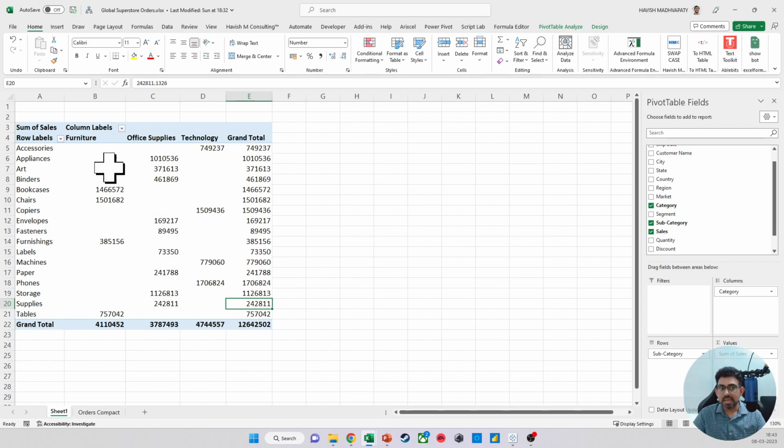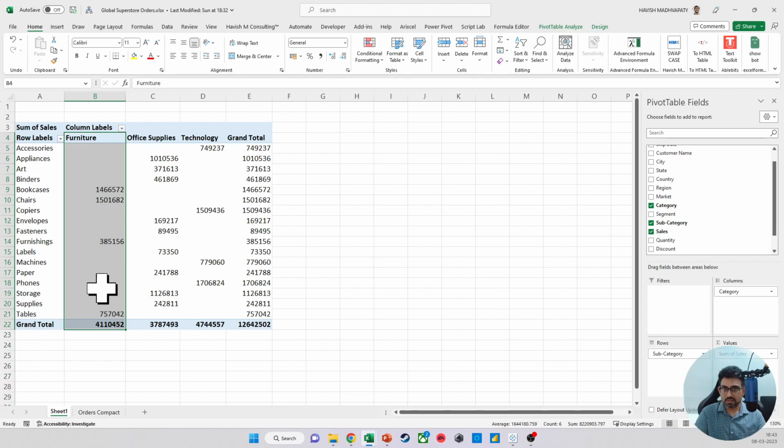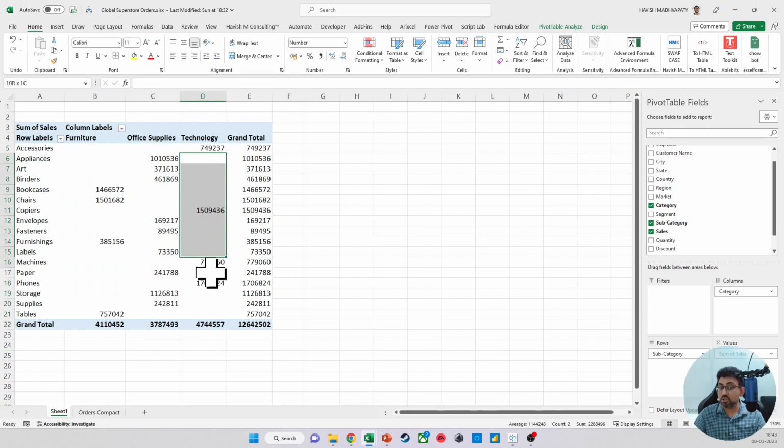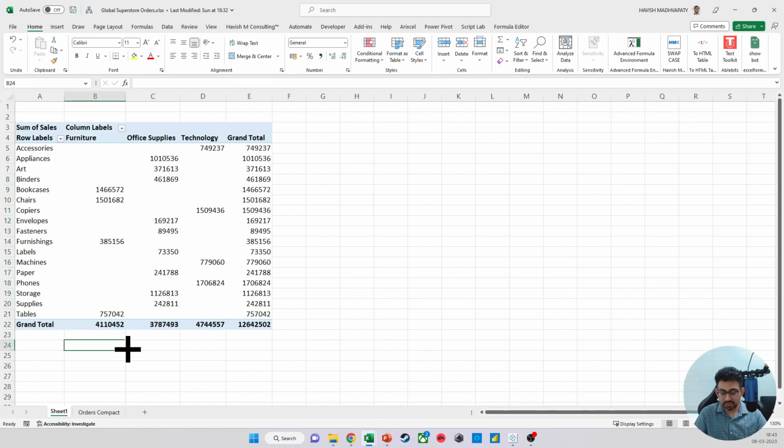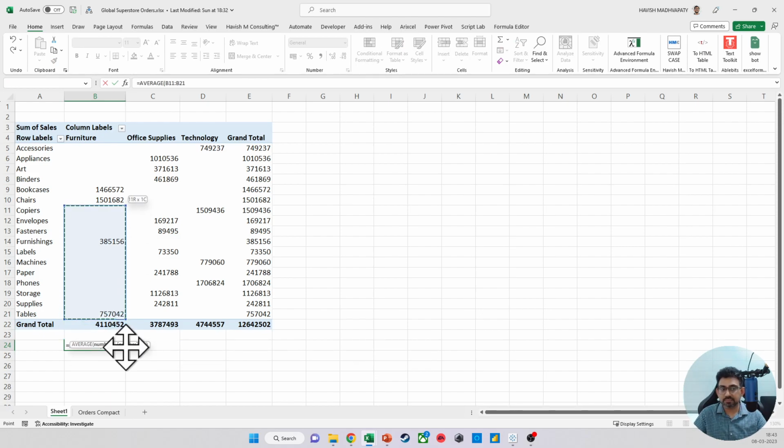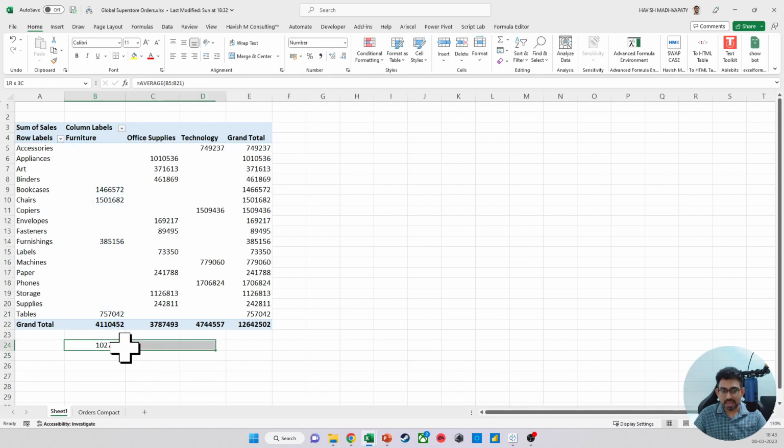That means in the furniture category, we only have 4 subcategories. In office supplies, we have 9, and in technology, we have 4. So I would like to find the average of these 4, right? And now if you notice, the answer is